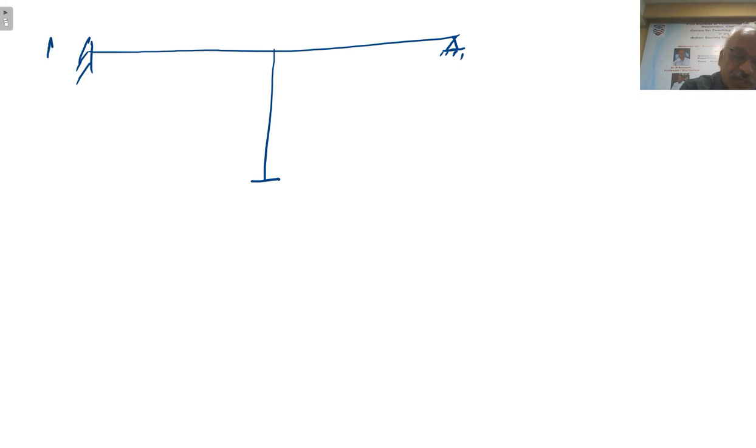Simply supported. So A, B, C, let us say D. Right. Now let us say the fixed end moments, let us call this as minus 50, whatever may be the loading, let us forget about that. So due to the given loading, this is minus 50 plus 50, and here the column is not subject to any lateral load, let us say 0, 0, and here let us say it is minus 36 and plus 36. These are the fixed end moments.